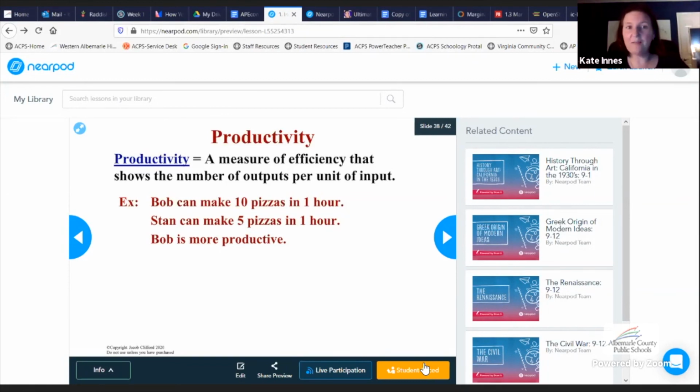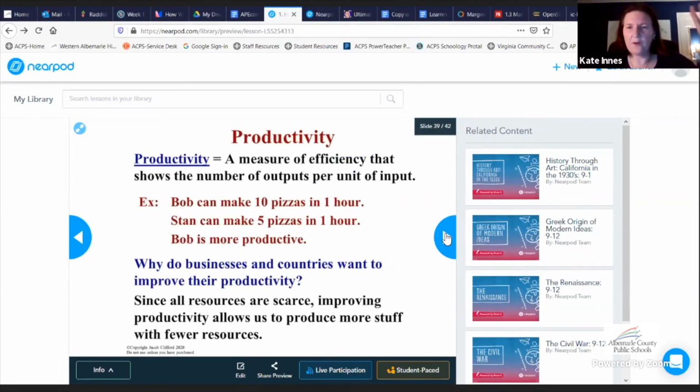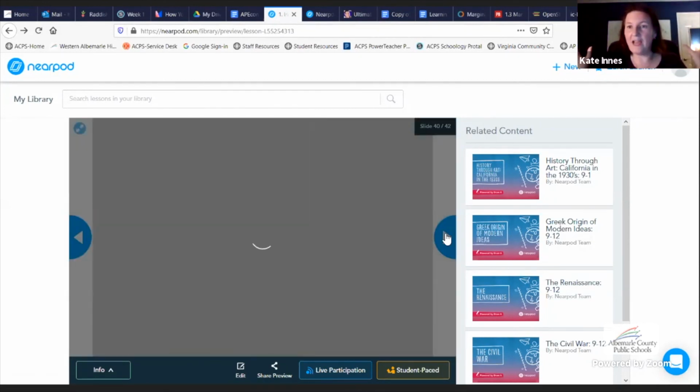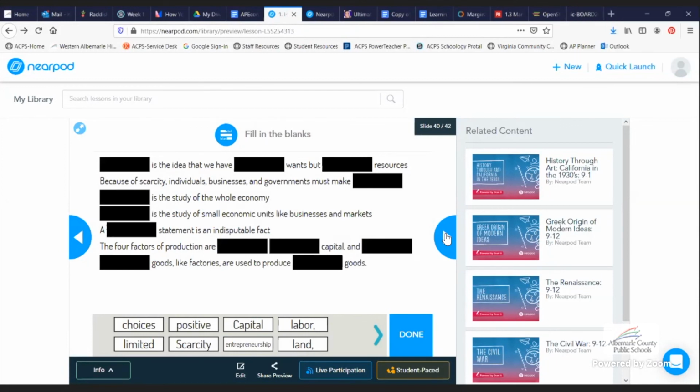So I can be talking about, for example, productivity, and we talk about the different forms of productivity. And we've already discussed the 4 themes in working in economics and the models. And we've looked at what is normative and positive economics and why we have theories of this. And then in the middle of it, I can say, okay, let's stop. Let's take a question. Let's talk about scarcity.